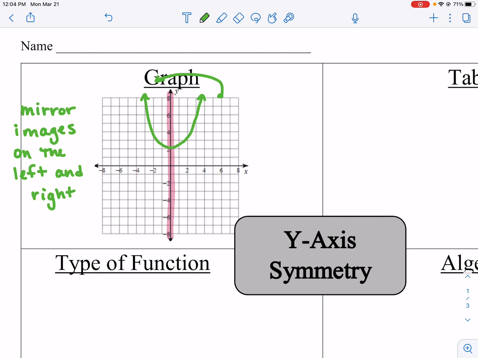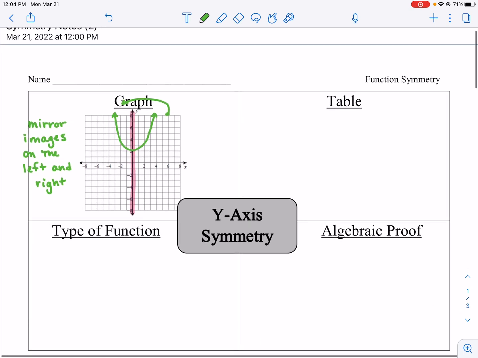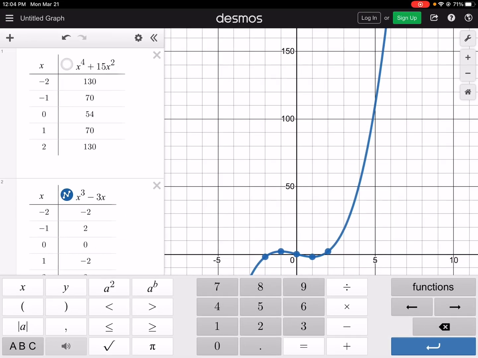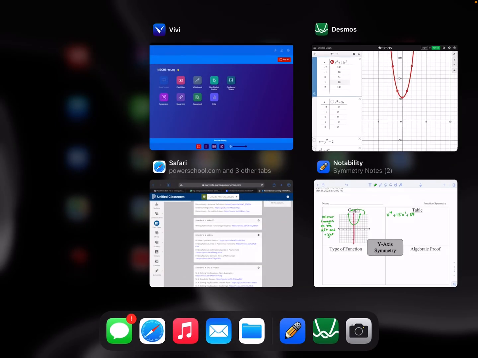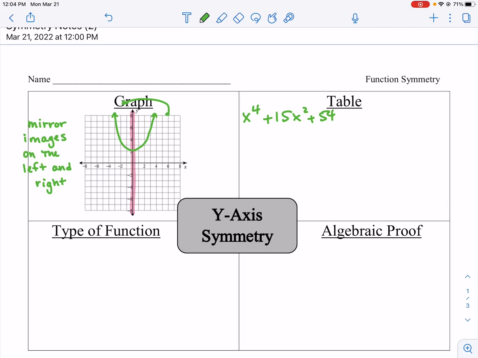of itself. So one function example of this could be the function x to the 4th plus 15x squared plus 54. And I did go ahead and graph that into Desmos. Let me turn this one off. And that's this one right here. And you can see it actually looks like a quadratic. And something to note is this table right here. So I'm going to transfer this back over into notes so we can kind of manipulate it a little bit